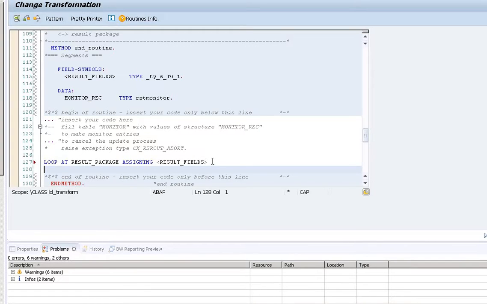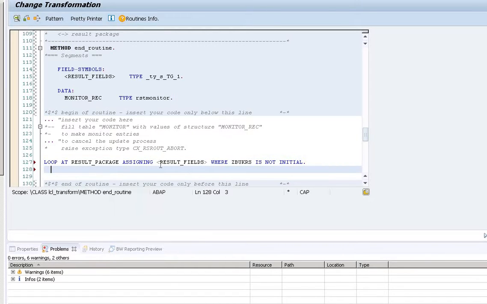Now you may give some condition after that, or you may end here as well. Suppose in my case I'm giving another condition, and I have a field ZBUKRS is, suppose I'm giving any other condition as you like, is not initial.